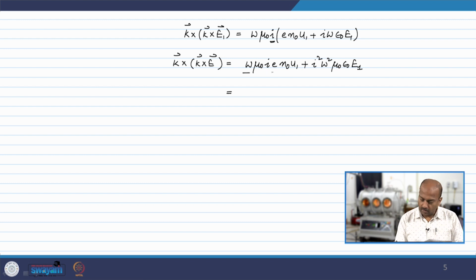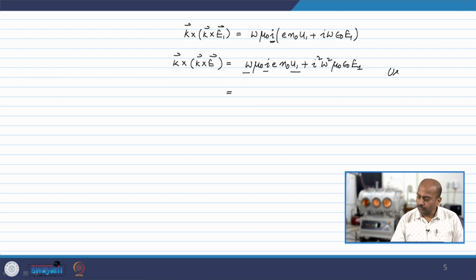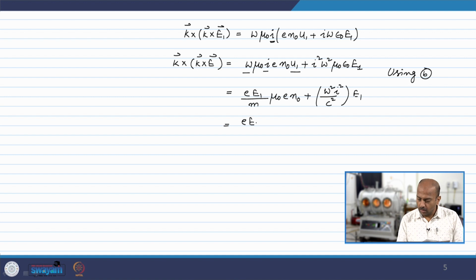So, omega times i times u1, omega i u1 is written as minus e E1 divided by m from B. Using equation number B, we can write it as e E1 by m times mu naught e n naught plus omega square i square mu naught epsilon naught, which is 1 by c square, times E1, or e E1 by m mu naught e n naught minus omega square by c square E1